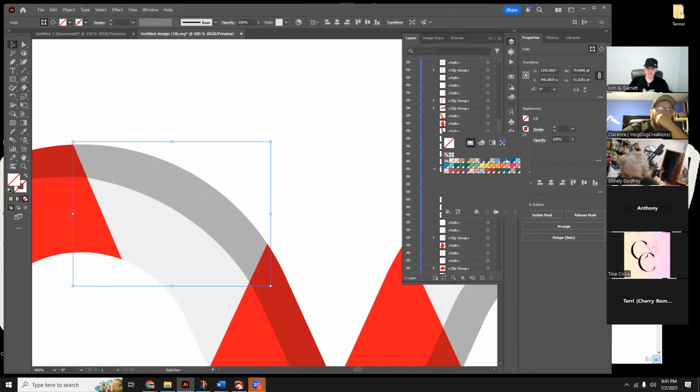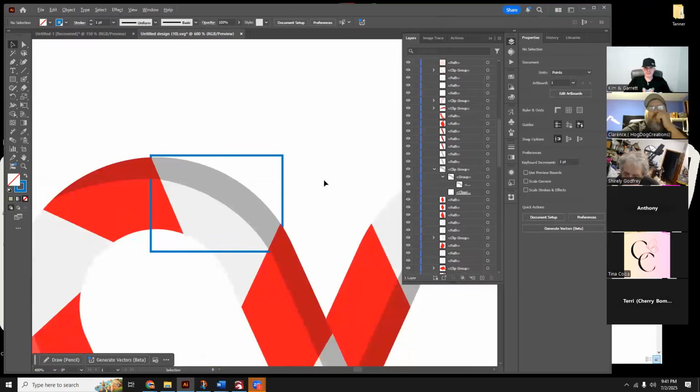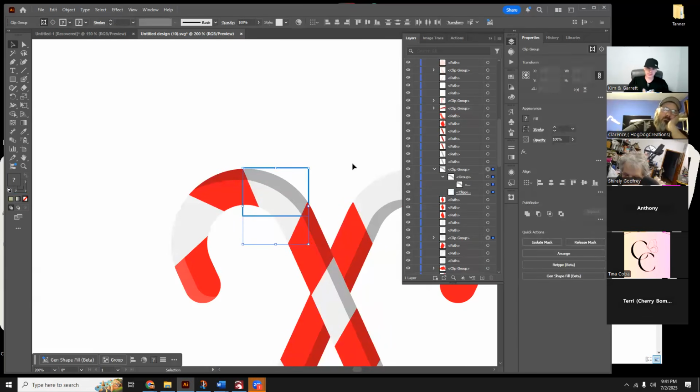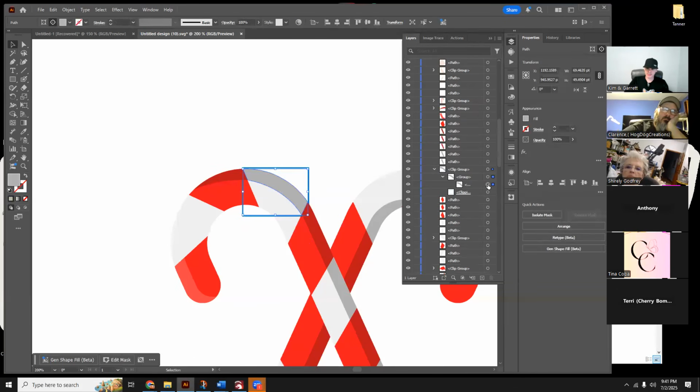I'll give it a stroke so we can see it, right? That was the actual gray. And then they laid this piece of curve part over top of it and then clipped it out. So this thing is filled with all these clipping masks. So to change the color here, I either need to go inside this clipping mask group and actually select the object and change the color,